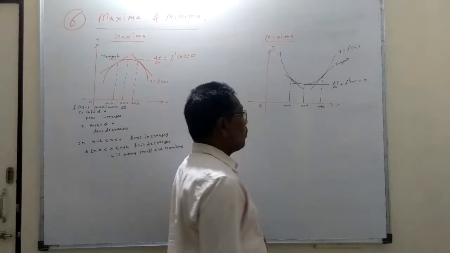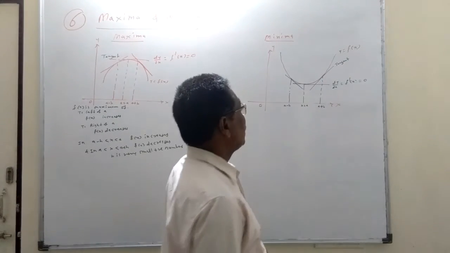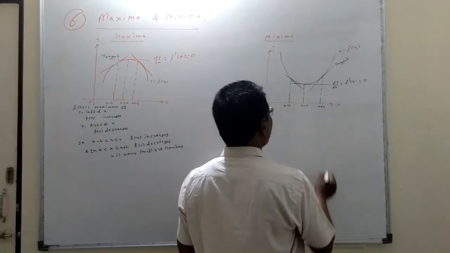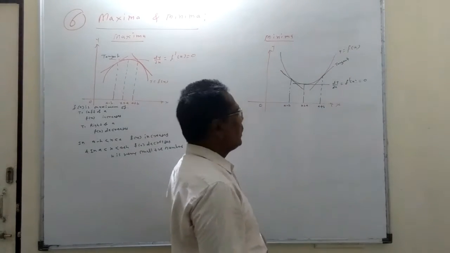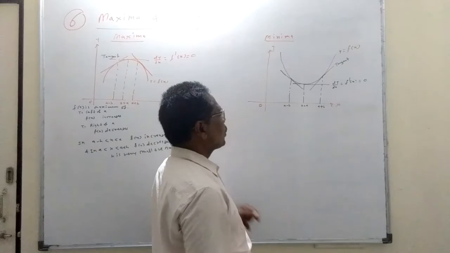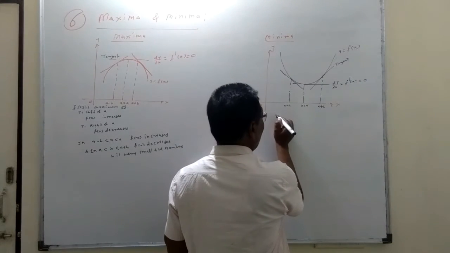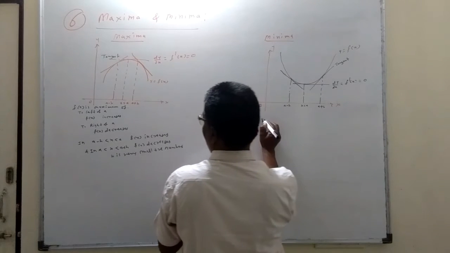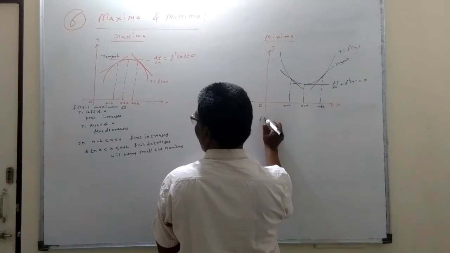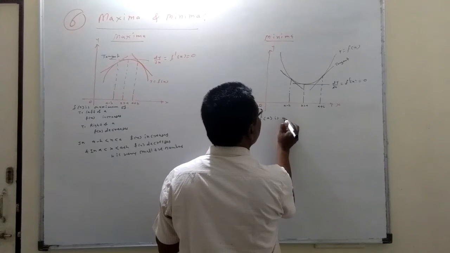If we consider the neighborhood a minus h, a plus h, where h is a very small positive number, then to the left of a, the tangent makes an obtuse angle. So a negative value is coming, meaning decreasing. So f of a is minimum